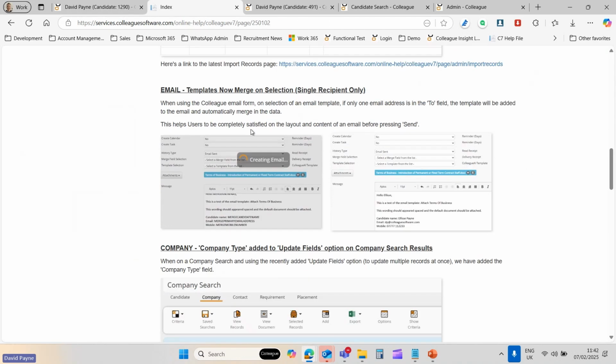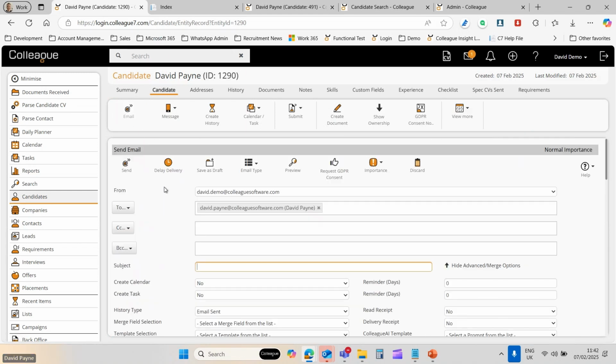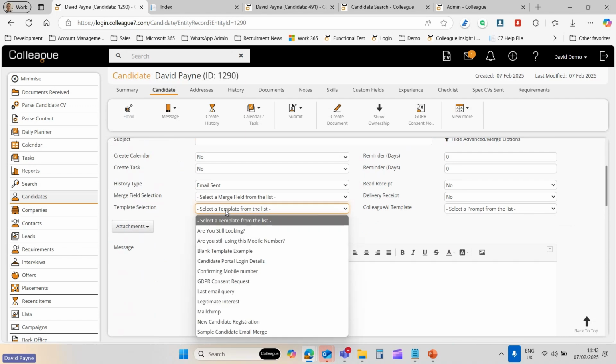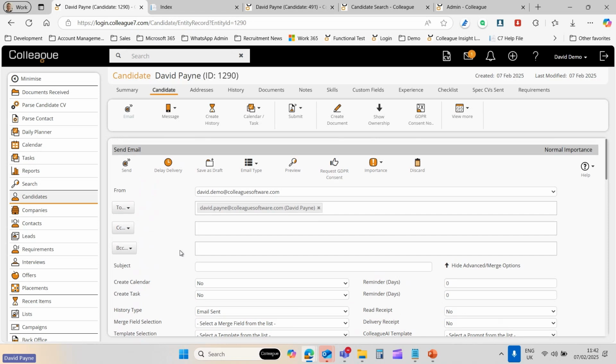Next one along is to do with email templates, and specifically when you're selecting an email template when you've got a single recipient. So the way that this has been working for the longest time is that when you are generating an email in the system and you select to use a template, what it would normally do is populate the template into the email body, and then if you wanted to see whether the text will be merging correctly or if it will appear as you want it to appear, you'd use preview